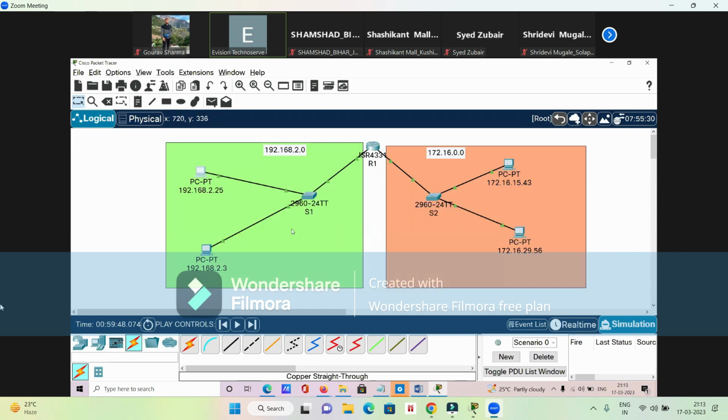So the question is, what is a default gateway? क्या है? ठीक है, so default gateway is actually the entry and exit point of my network. मेरे नेटवर्क का अगर कोई एंट्री और एग्जिट पॉइंट अगर कोई है तो वो डिफॉल्ट गेटवे है।